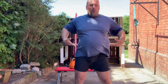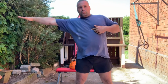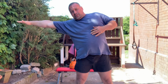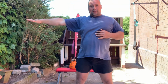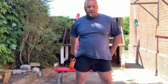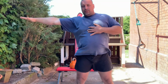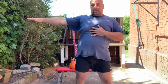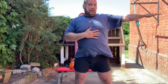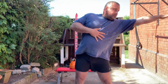We're doing a little bit more work for the side of the waist this time. Hand out to the side, and I'm going to reach as far as I can, like I'm stretching this way to try to touch the wall. Stretch, stretch. As always, I've got the bum muscles tight. Stretch, back to center. Reach for the wall, reach, and then the other side. Reach for the wall, reach, bum tight, abs tight. Reach,